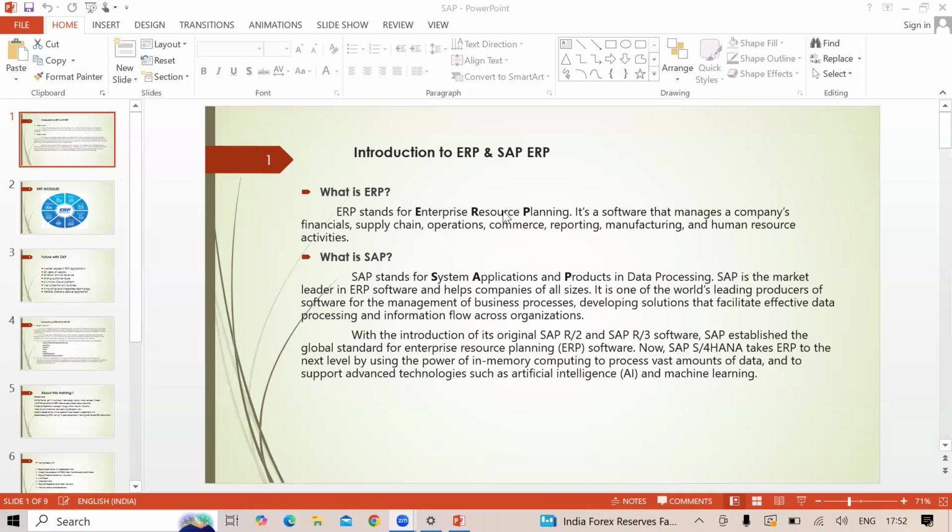Come on. Windows, Linux. There are so many, right? So most commonly used is Windows. Now, SAP is such kind of application where it gives services as a package